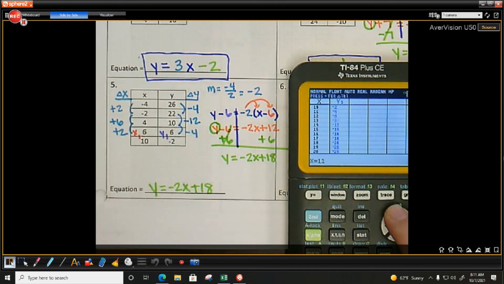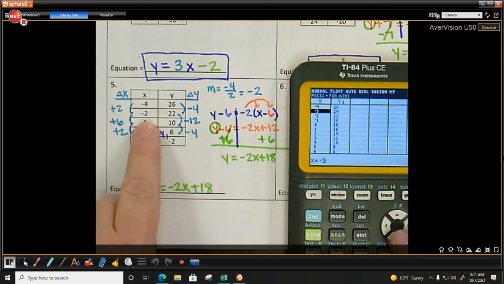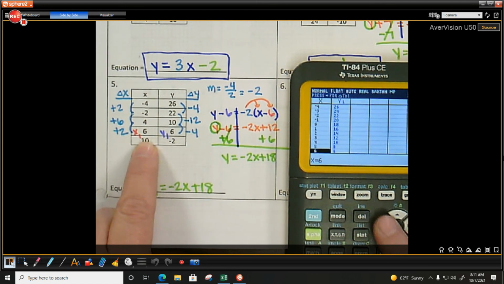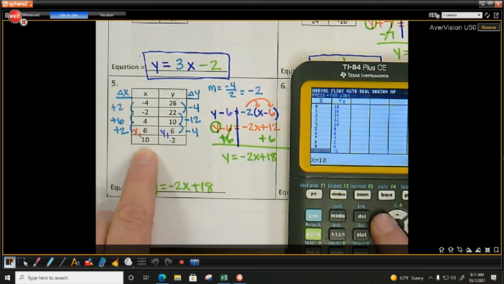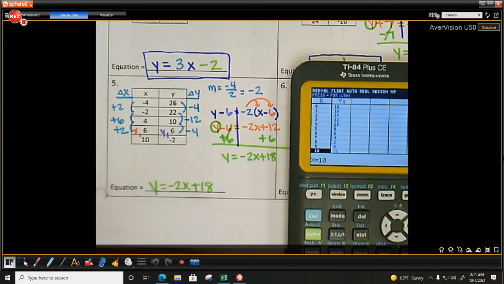Go to negative 4. That matches. Negative 2 matches. 4 matches. 6 matches. And 10 matches. Good? Are we okay not doing the last one, guys? Do we feel pretty confident about this? Okay. So you have 30